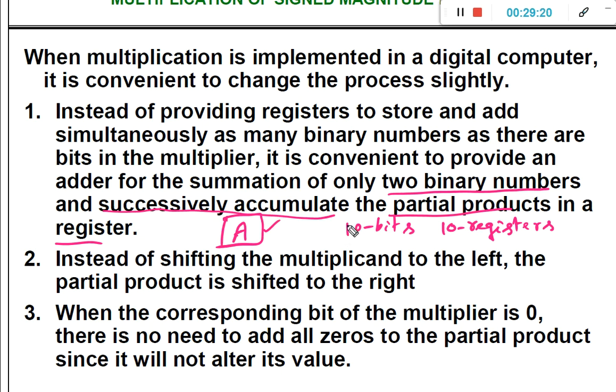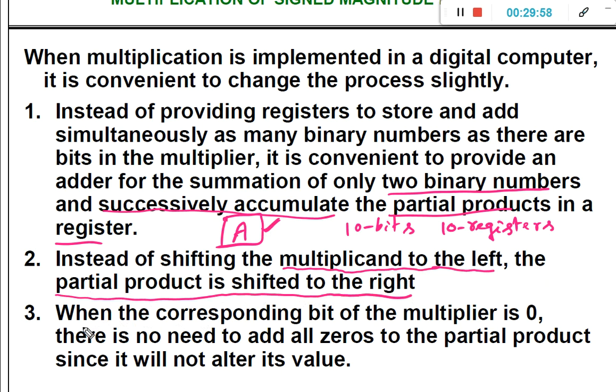How are we going to update the partial product? That is in step 2. Instead of shifting the multiplicand to the left, as in the previous process, the partial product is shifted to the right. Whatever partial product is available in A will be shifted right, which is equivalent to shifting the multiplicand to the left.